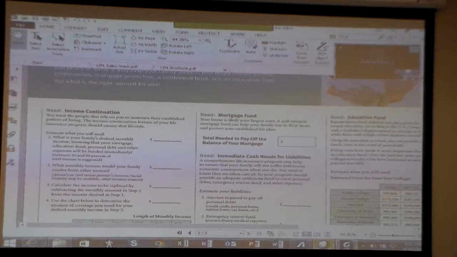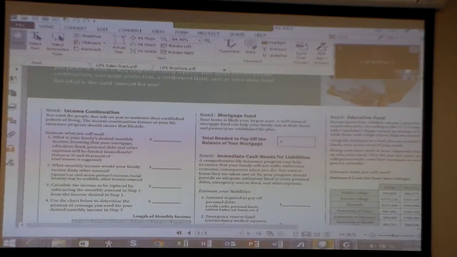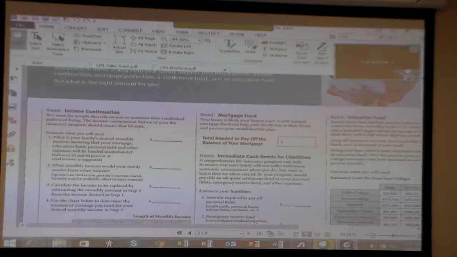Don't overlook the conversation if someone is renting. Just say, I'd like to begin with the rent fund because I believe it's an important thing that we can do is to make sure our loved ones remain in their home as well. Would you agree? So then I will say to them, what is your current mortgage? Okay, so you have a current mortgage of $200,000 left on your mortgage. So let's put down $200,000. Would you agree that's the amount you would like to allocate? I get them to say what amount they want.